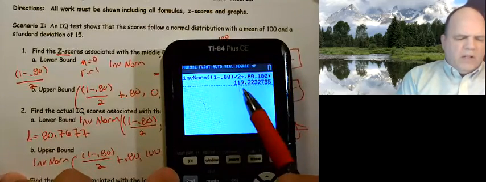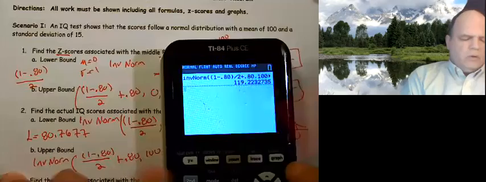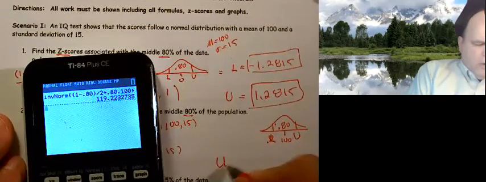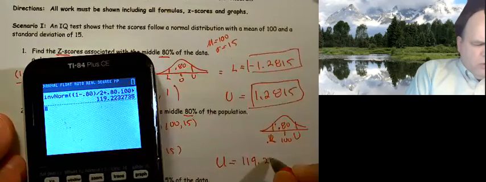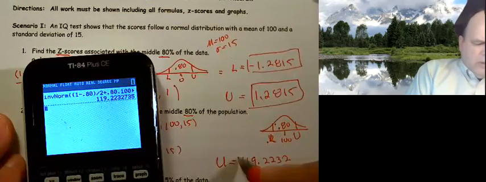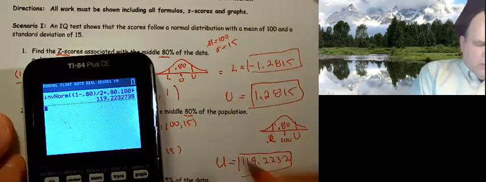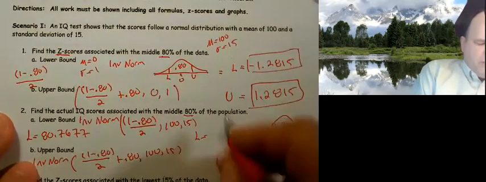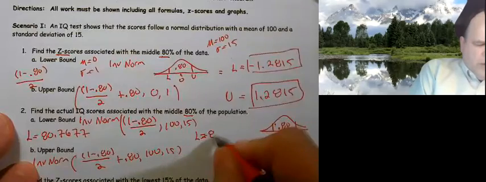And we get 119.2232. So my upper is 119.2232. And that makes sense because it's above 100. So we had a lower equals